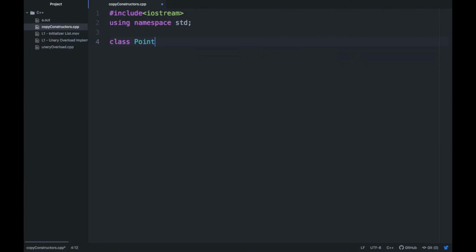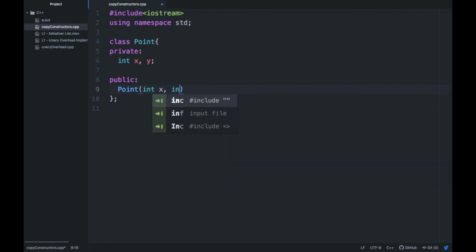Create a class point here which has some private variables int x and y. After that we have some public members, and those public members are constructor of the class, which takes int x, int y, and then we can use initializer list to assign variables here.